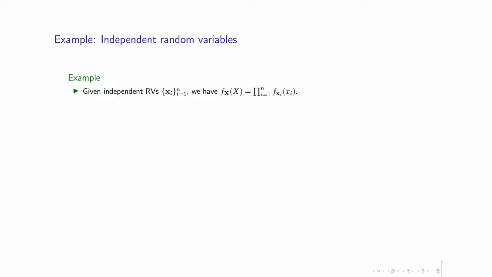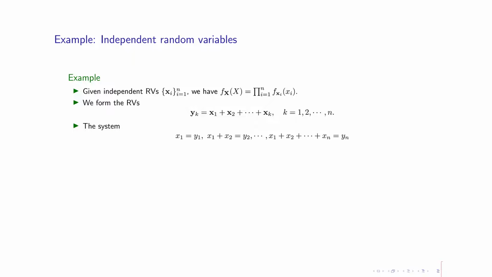For example, if I say that I have independent random variables, it means that the joint PDF can be written as the product of the marginal PDFs. As soon as I say that they are independent, this is the meaning of that. Now, if you have these independent random variables and you add them together, what is going to be the distribution of the sum? To answer this question,